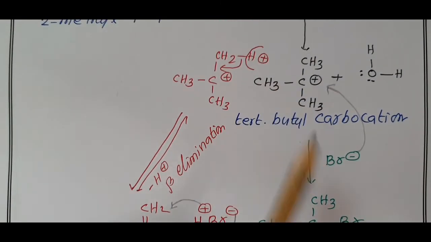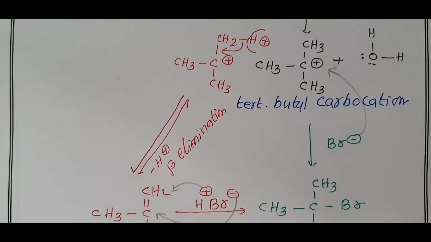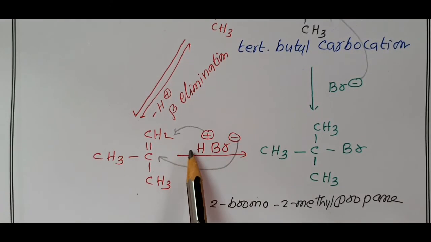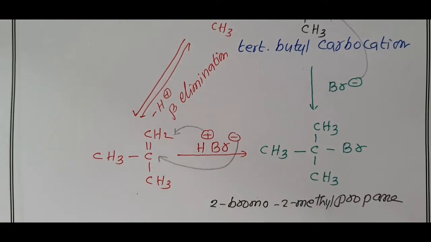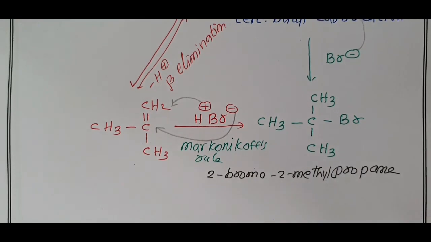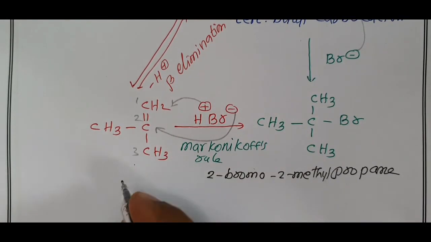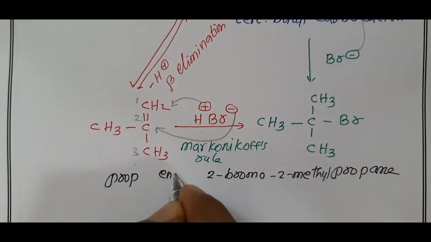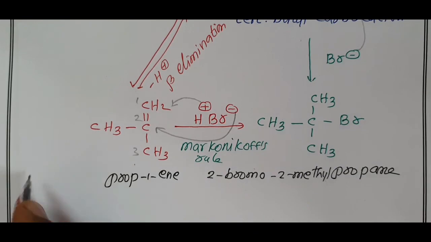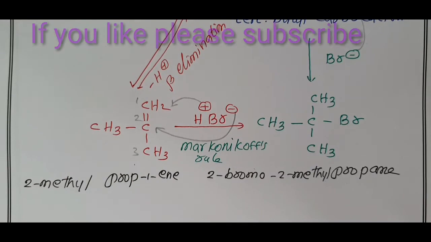So after formation of a tertiary butyl carbocation, there may be a formation of alkene. If alkene is formed, it again undergoes addition reaction based on the Markovnikov rule. What is the name of this compound? Now I write the name of this compound. Main chain 1, 2, 3, 3 carbons, root word prop, carbon double bond, ene. Position of double bond 1. Second carbon contains 1 methyl, 2-methylprop-1-ene, common name is isobutylene.